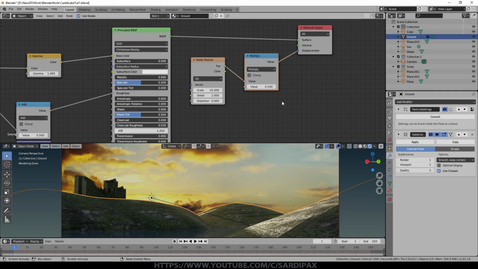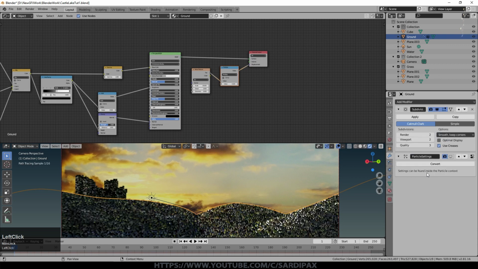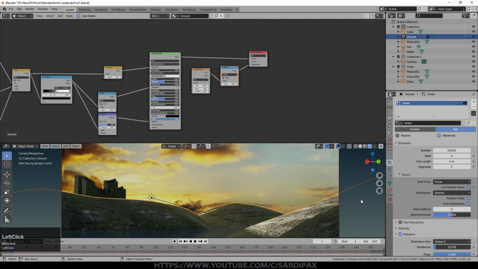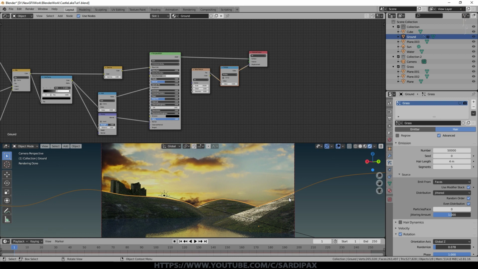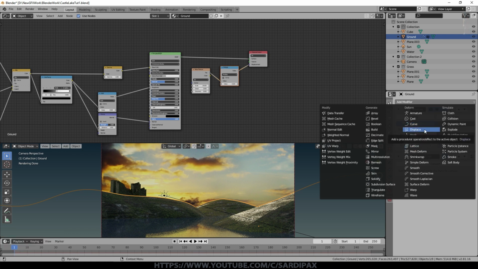That starts to give us a little bit of variation, but now I want some real variation in the surface of the ground. So I've got another subdivision surface on there. By the way, if I push that above the particle settings and then go back to my particle settings, there is an option in there to use the modifier stack. All that will do is make use of the extra vertices being created and give you some finer detail on textures and things like that, the textures that you're using to control the density and length of the hair, otherwise known as grass. So what I was going to do was just add another modifier, which is a displace modifier.